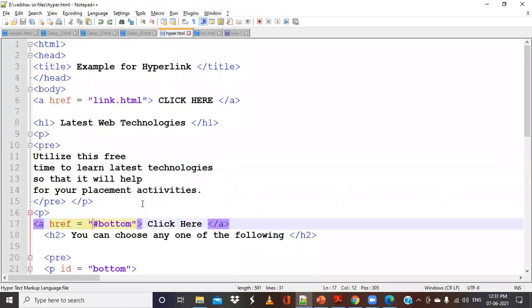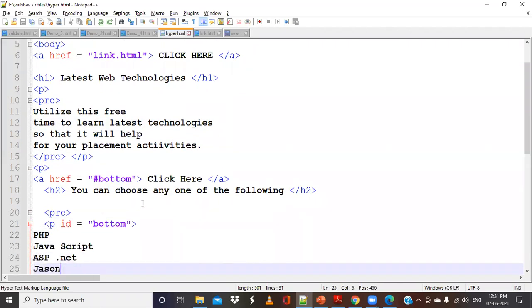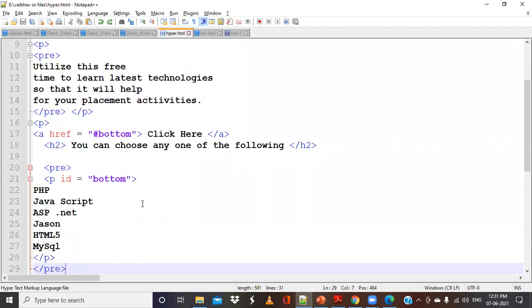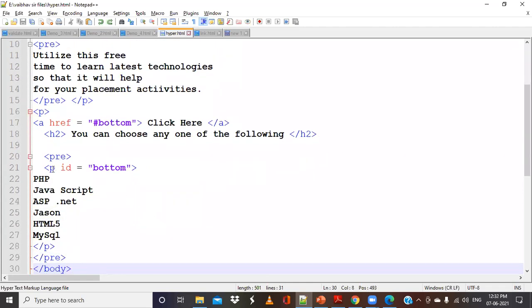And for this, I want to give a link. So I have created a paragraph, and I have given an attribute called ID, and the value of the attribute is ID equal to bottom. What this ID and name are, we will discuss later when we discuss JavaScript. At that time you'll understand.